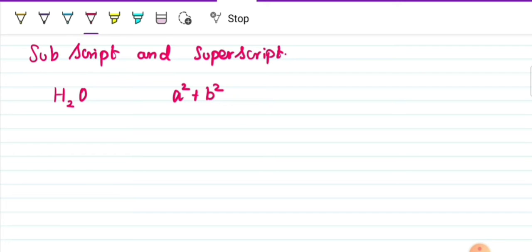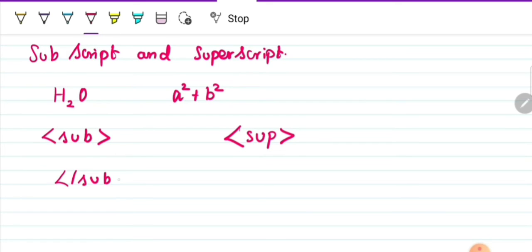Okay. The tag mainly used for subscript is SUB. And for superscript, it is SUP. Yes, these are the tags that are used. So don't forget, again it is a container tag and it is going to have a closing tag also. This is for subscript and this is for superscript. Okay, so we can have a small example.